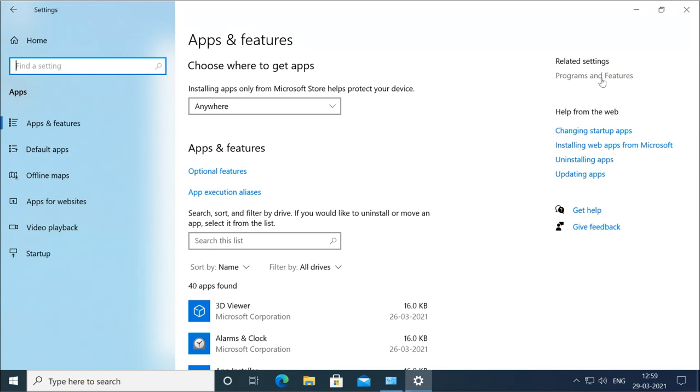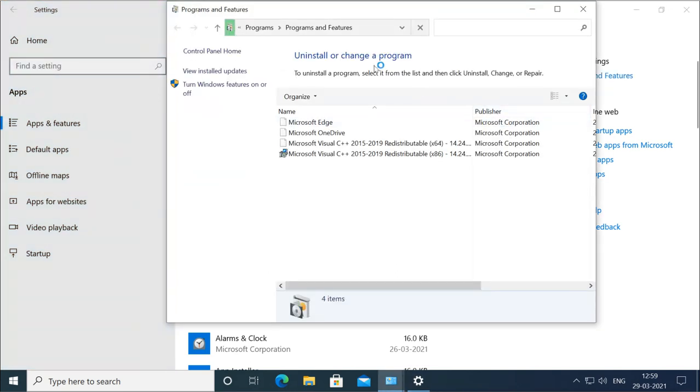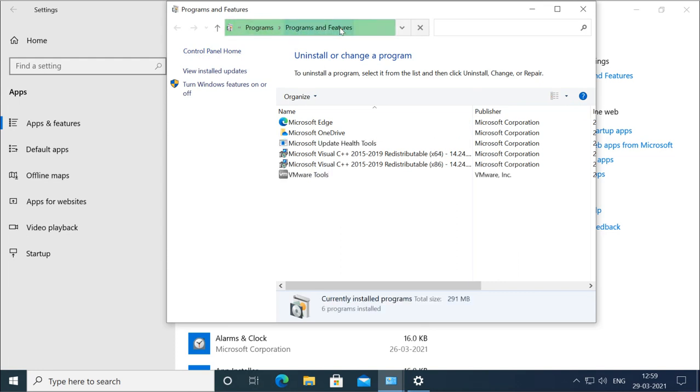So if I click on it, it will again open the control panel. It goes under the control panel to Programs, and under Programs it goes to Programs and Features, and here you will see all the installed applications. So I can open it from the Settings app, or I can directly go to the control panel.